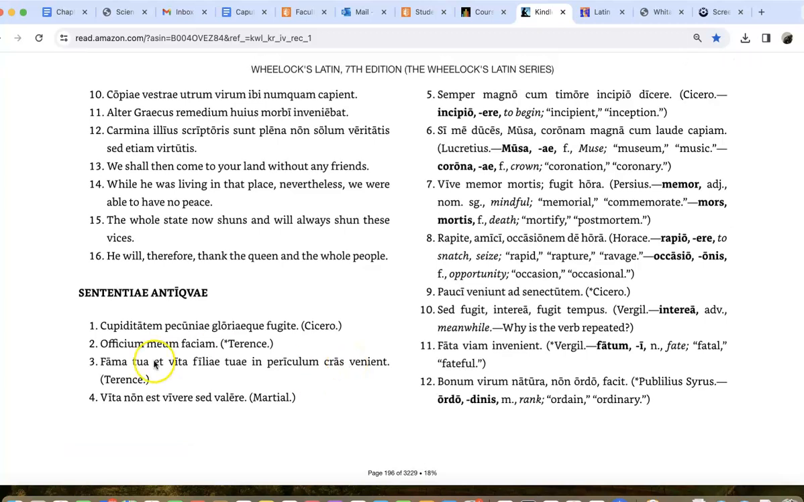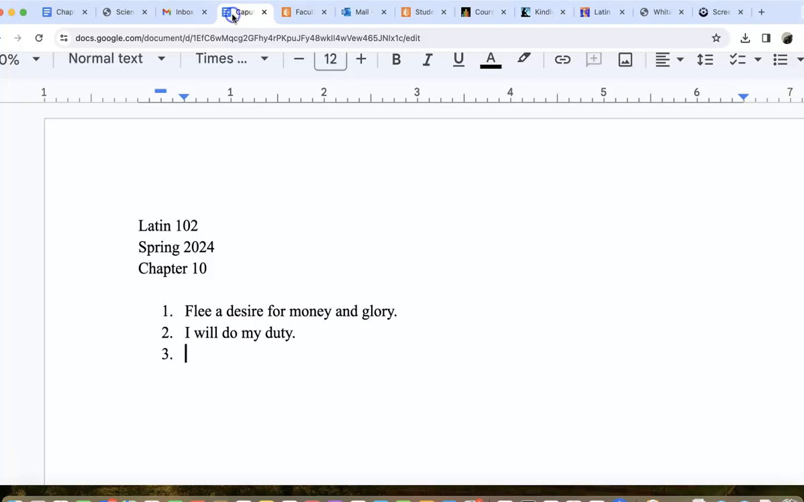Tomorrow, your fame or your reputation and the life of your daughter will fall into danger. So I'm going to go ahead and write that out here and then try to explain it in greater detail. So if I can type here. So tomorrow,